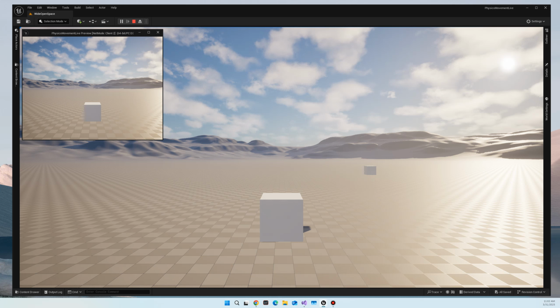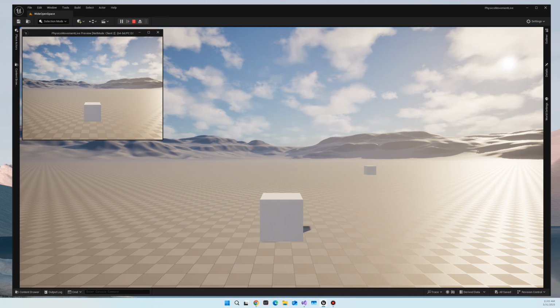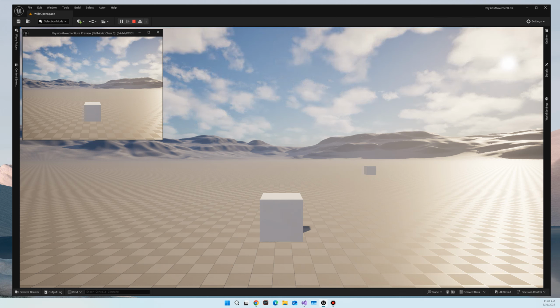We've got our 2 cubes here. Over here's the client. This is kind of like the client and server. This is more the server view through a different client. So I'm going to click on client 2, and let's see if we can get this thing to move. And there it is,